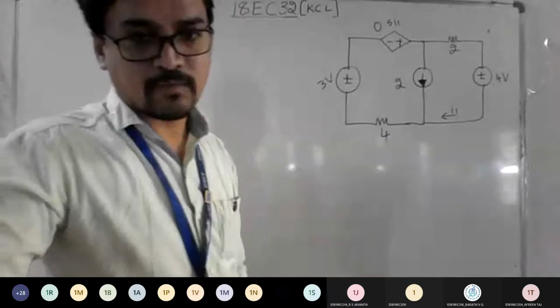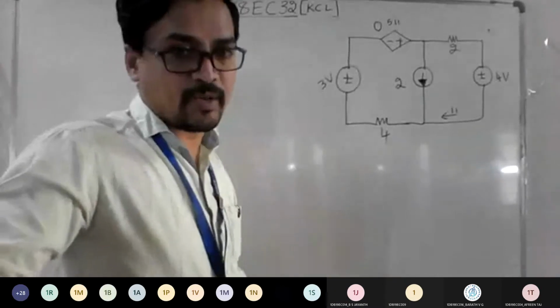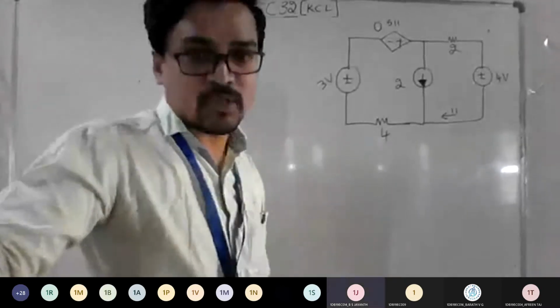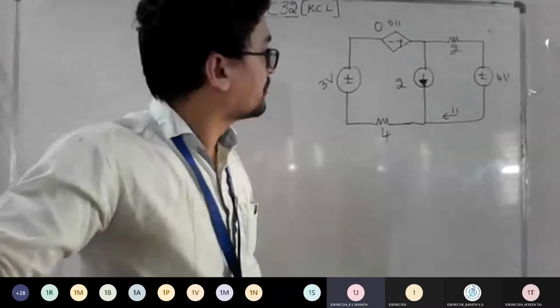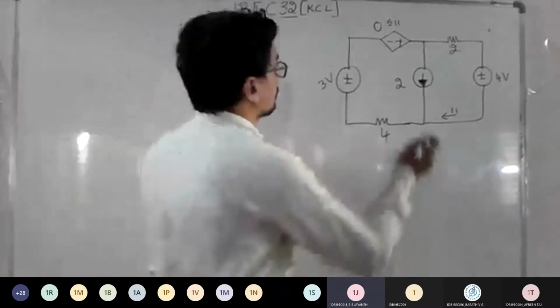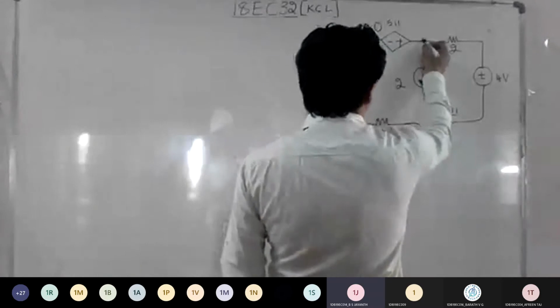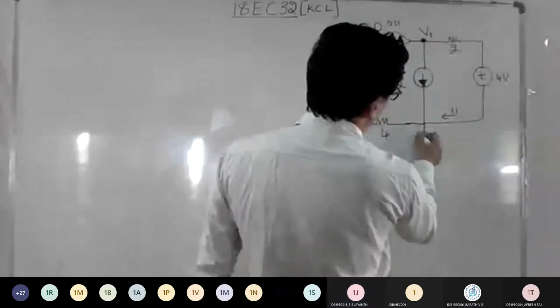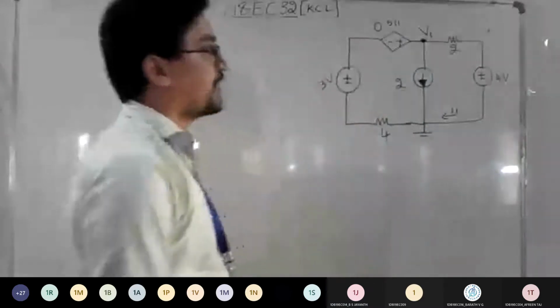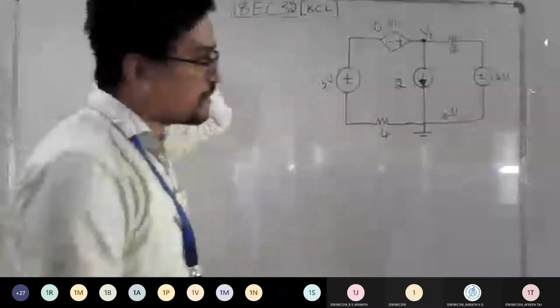In the second loop. But first tell me, how many nodes do you have? How many principal nodes will you take now? 2, sir. Which are those? The current source and the ground, sir. This one? Yes, sir. So I can call it V1, VA, VB, whatever you want, and this is ground. Is it fine till here, everyone? So now you need to find this I1.